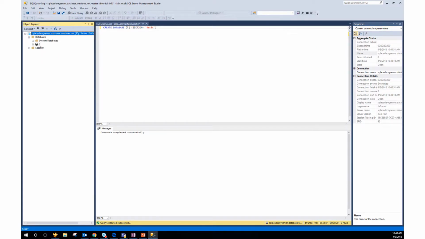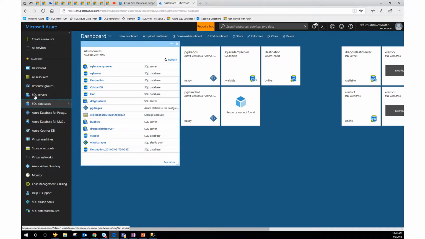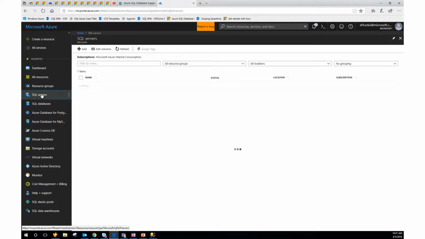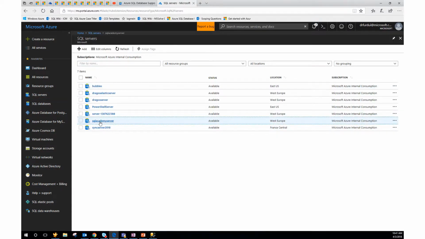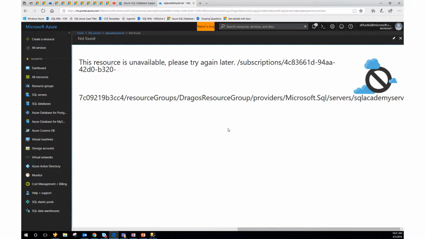Refreshing the server, we can see that the database named ? is here. So now we will go to the Azure portal, to the specific server that we have, SQL Academy server. And here we see that the database is already created. But when you try to access it, you will have this error. Well, the database is not found. Why? We encountered this problem because